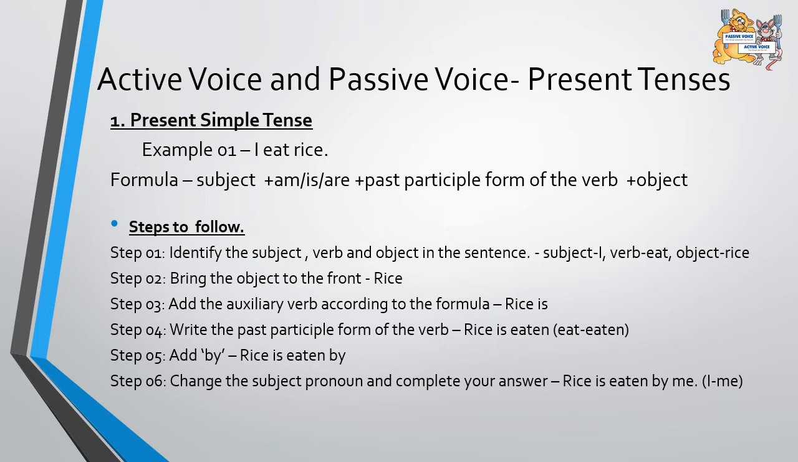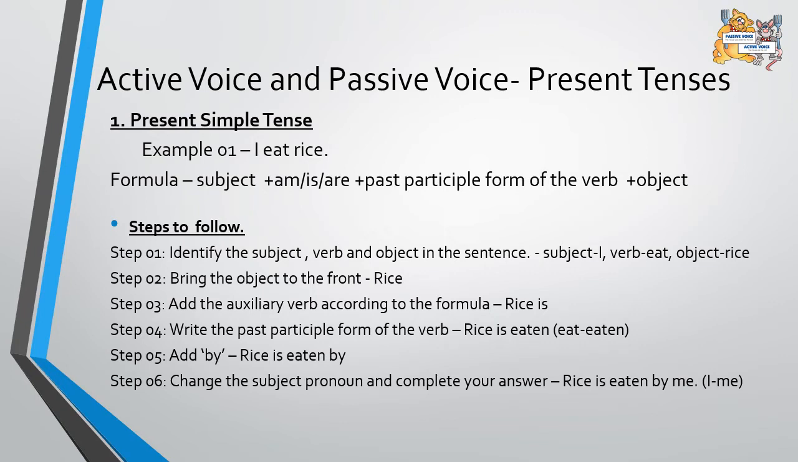Now let's follow these steps. Step 1. Identify the subject, verb and the object in the sentence. I is the subject, eat is the verb and rice is the object. Step 2. Bring the object to the front, that is rice. Step 3. Add the auxiliary verb according to the formula. Here, rice is an uncountable noun, so we consider it as a singular noun and we select the auxiliary verb